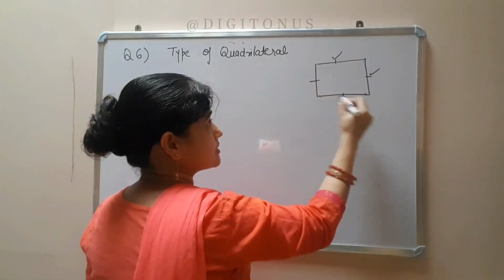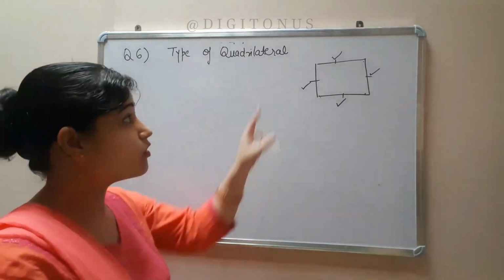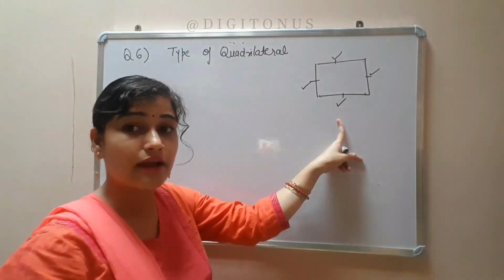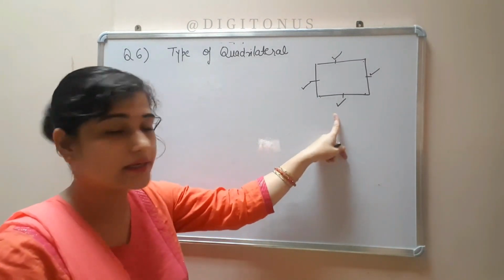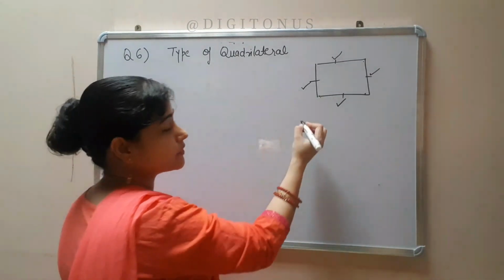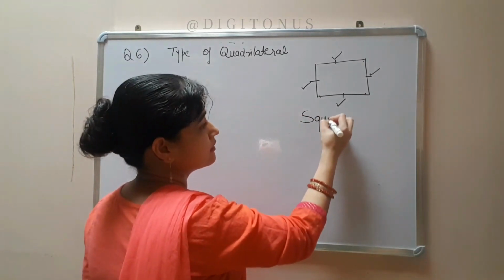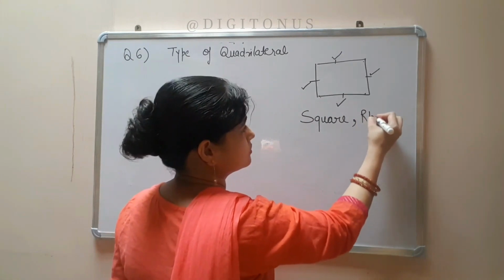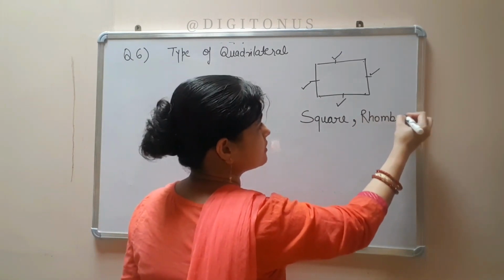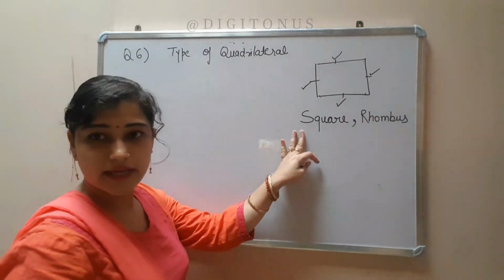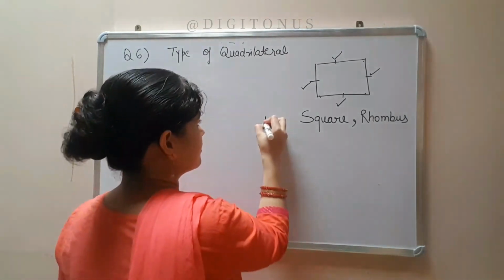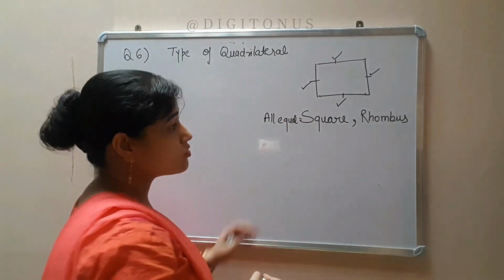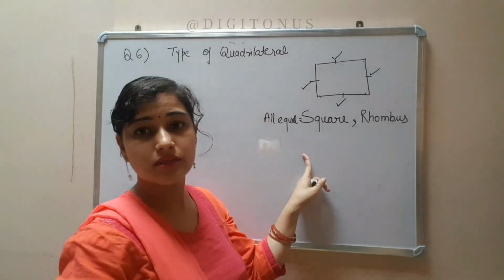If all 4 distances are coming equal, then you should know which type of quadrilateral it is. If all 4 are coming equal, it can be a square only. No, it cannot be only a square, it can be a rhombus also. Yes, because in a rhombus and a square, all 4 sides are equal. So how do we find whether this is a square or a rhombus?